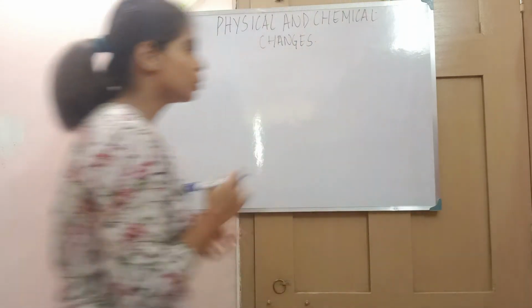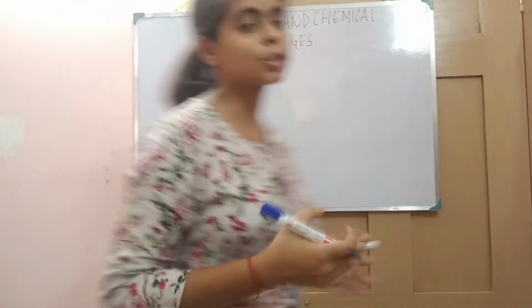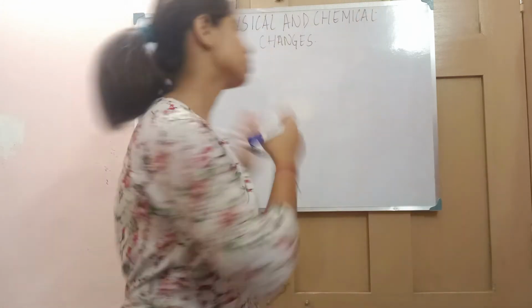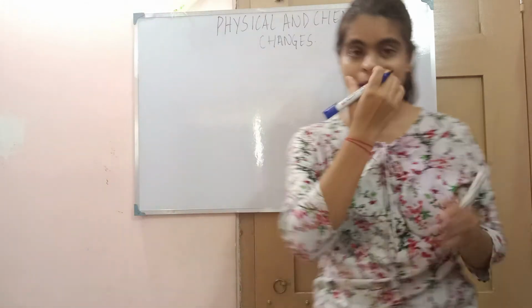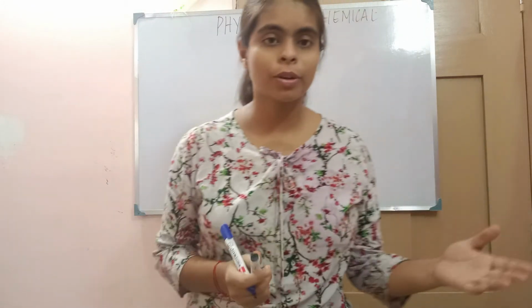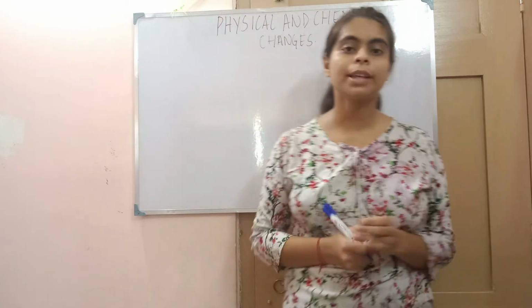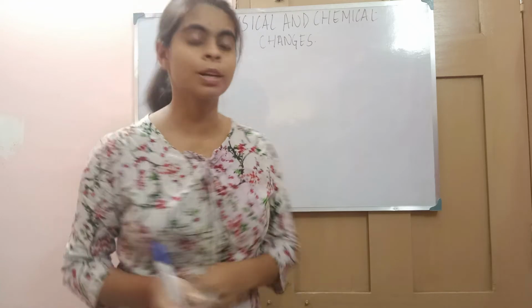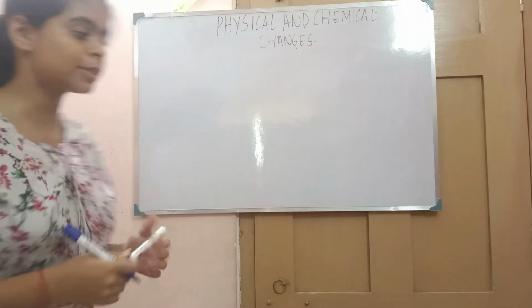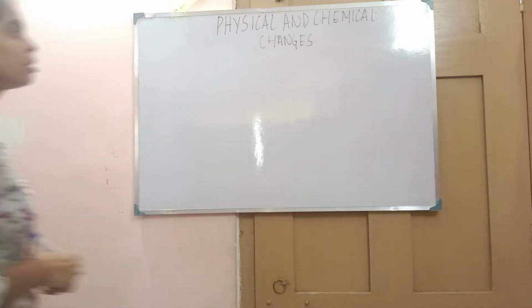So this video is for those students who couldn't attend the last week's classes. This is where I will discuss the topic that we have discussed. We have already discussed a few examples of chemical changes, that is, rusting of iron and burning of magnesium ribbon. Now we will discuss more examples of chemical changes.